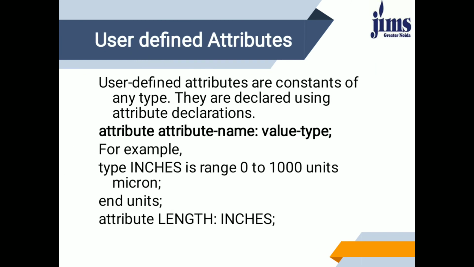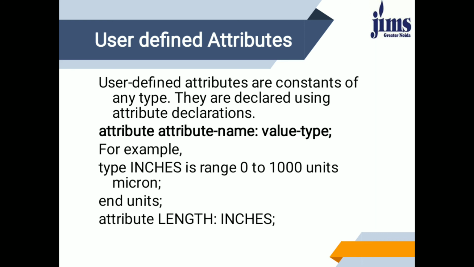Whereas user defined attributes are constants of any types. These are declared using attribute declaration. To define them, we will write attribute, then attribute name, which can be any name, then value type. I have told you the data types: access, integer, real, float. For example, type inches is